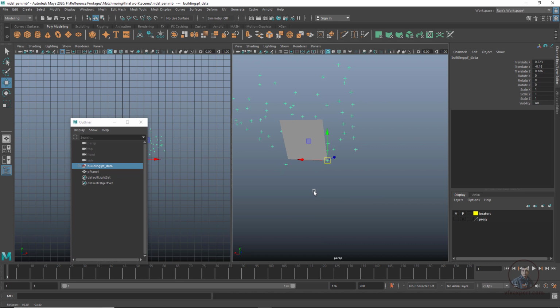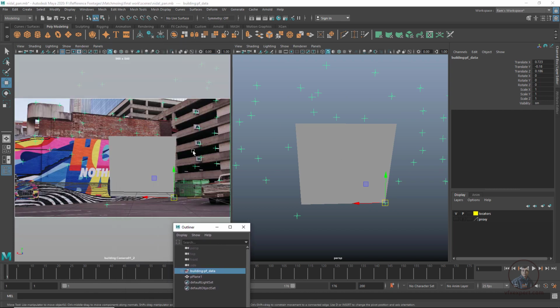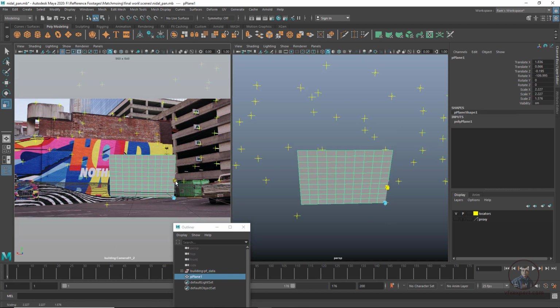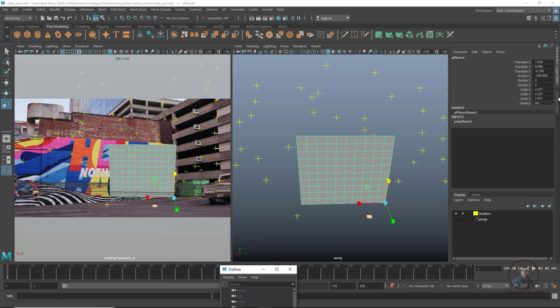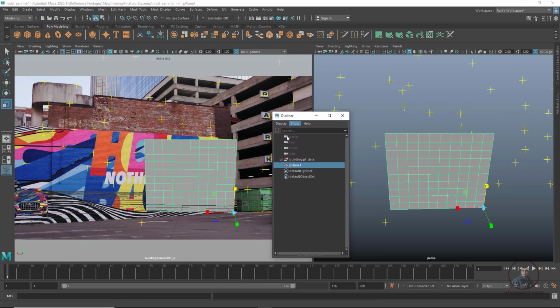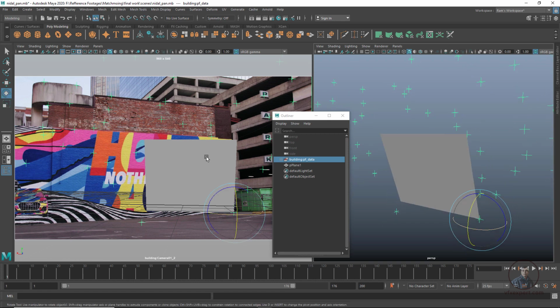Okay, now click on the viewport here. Now here you can see like this. Now I have to orient our scene a little bit. For this, first I am going to assign this camera view, so this will help us. Then select this one and scale down our plane, maybe like this. Okay, I am going to orient our scene, so close it here, then adjust it a little bit. For orienting our scene, first we have to select this scene group. Now you can rotate, press E and adjust your scene. This is our reference plane.